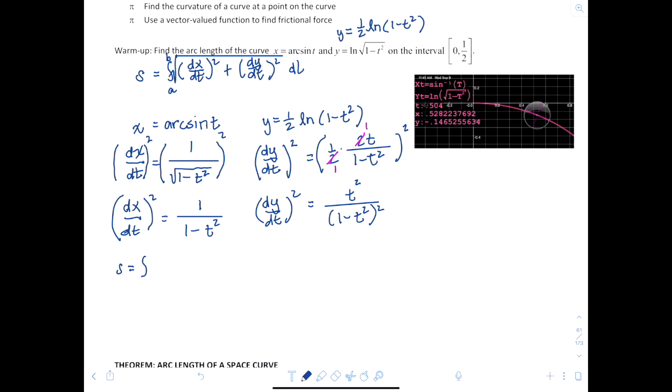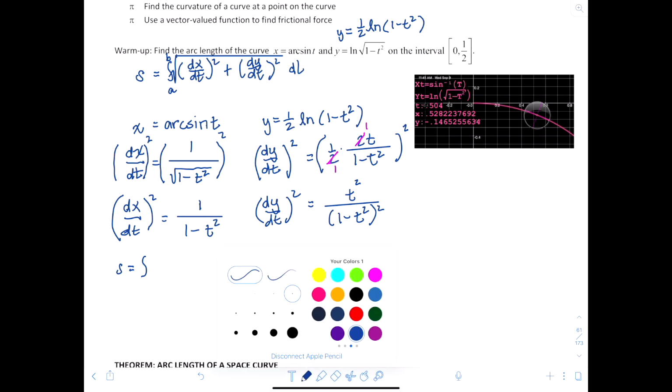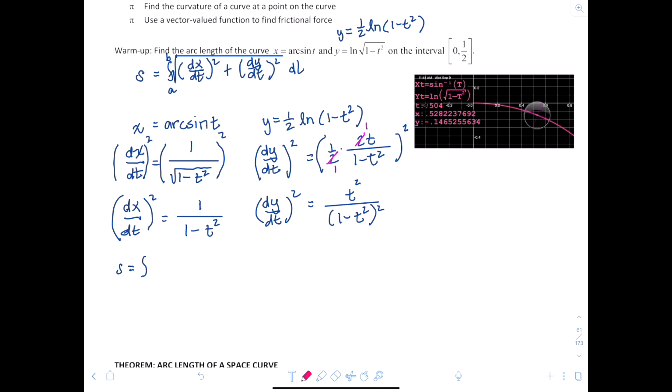But the main idea behind this one, it's good to have a picture. We're trying to find this length that goes from t is 0 to t is 1/2, which is about right there. So we're looking for that arc length, and we've ascertained that it doesn't bounce back and forth on that interval. So our interval will be from 0 to 1/2, and then we will have